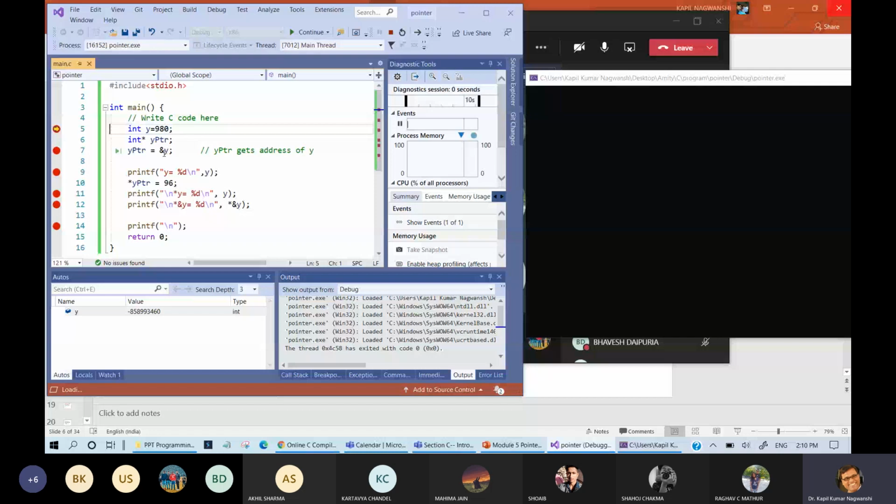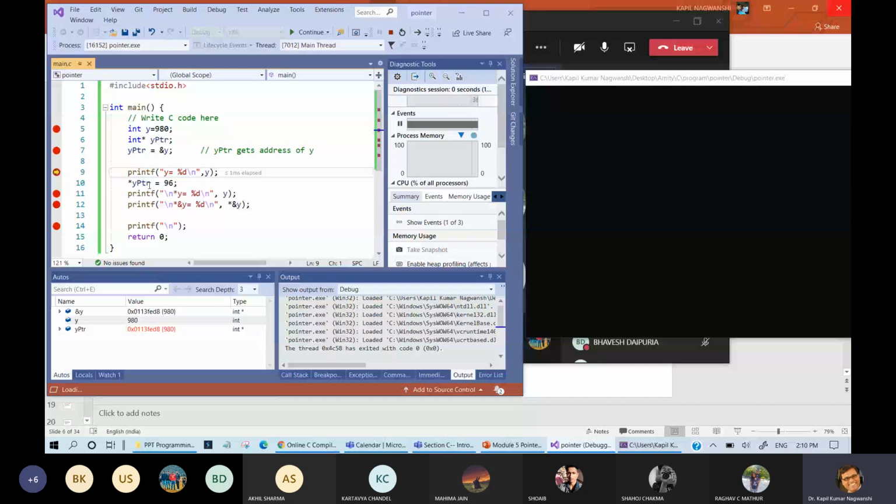After running this statement, whatever address of y is given, it is the address of y pointer 2. Both have the same address, both are pointing to the same thing. Now this is the value star y pointer.